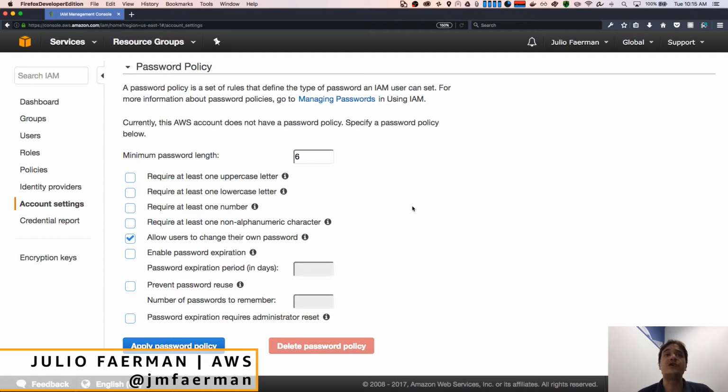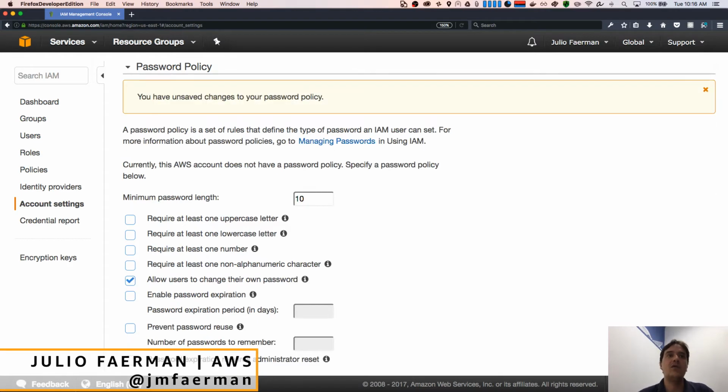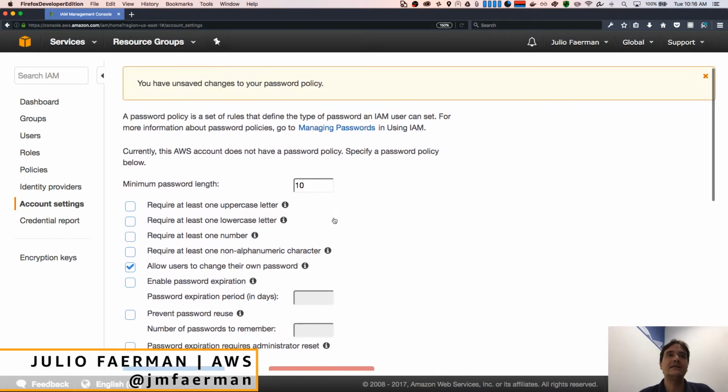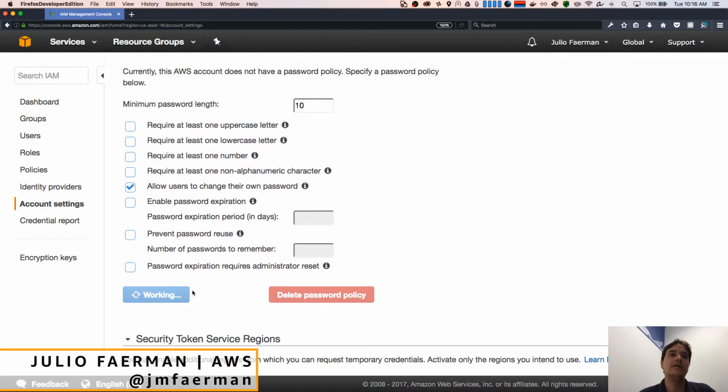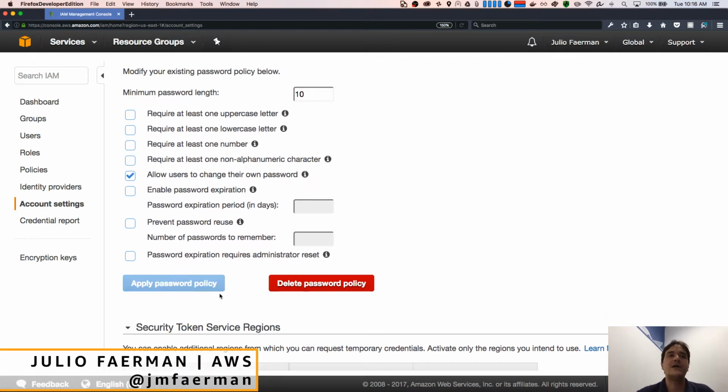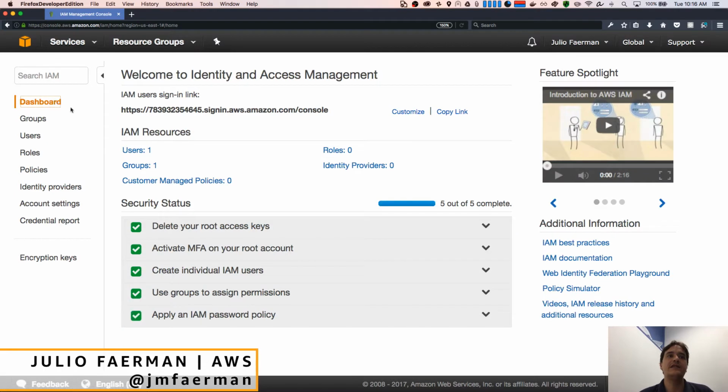There are people that prefer longer passwords. That makes more sense, I guess, but this is different for everyone. For my account, let's say that I want to require at least 10 characters on my password. So now we have this dashboard with 5 out of 5 complete. I highly recommend everyone doing these 5 steps and making sure you have these 5 security checkpoints checked. It's a great start to